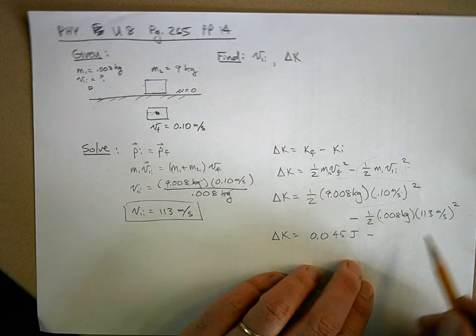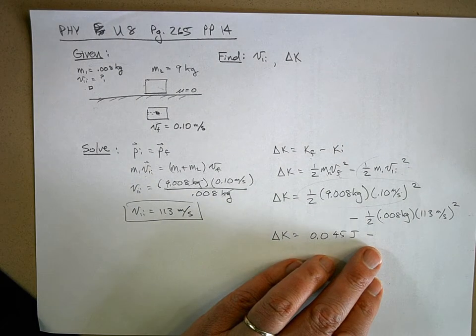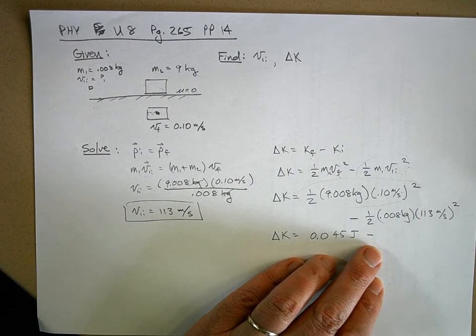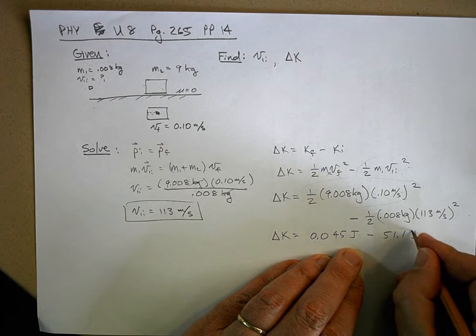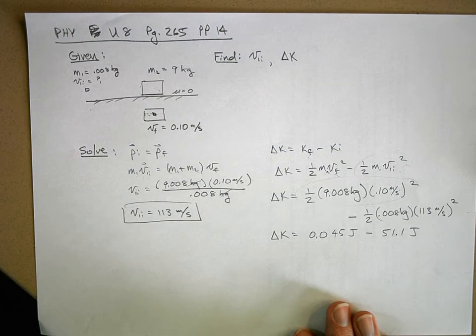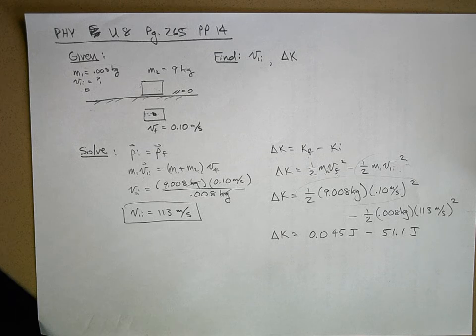Minus, well, let's see what this kinetic energy is. 0.5 times 0.008, so that's pretty small, but times 113 squared. Oh my goodness, 51.1 joules. So if I go 0.045 minus 51.1, I get,